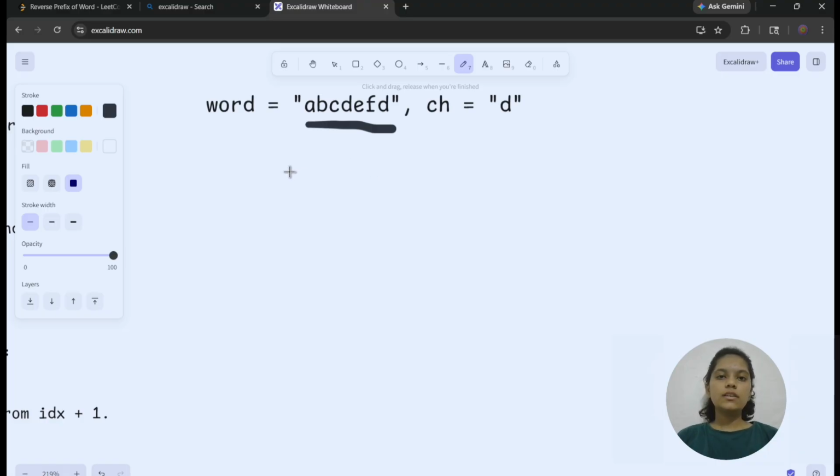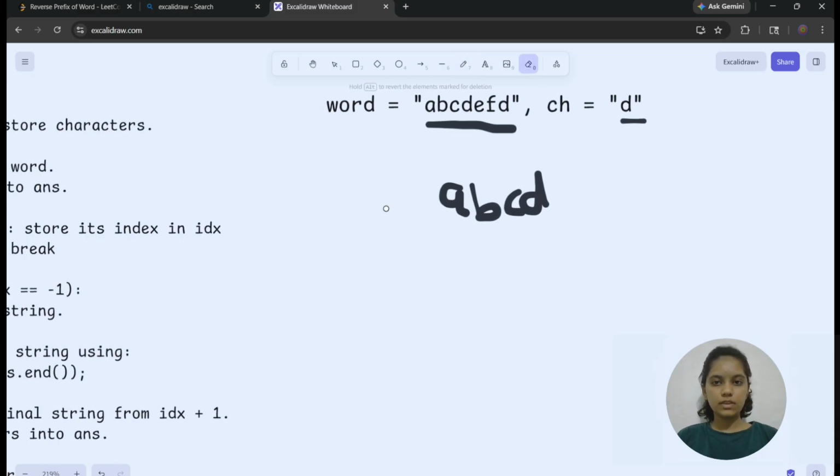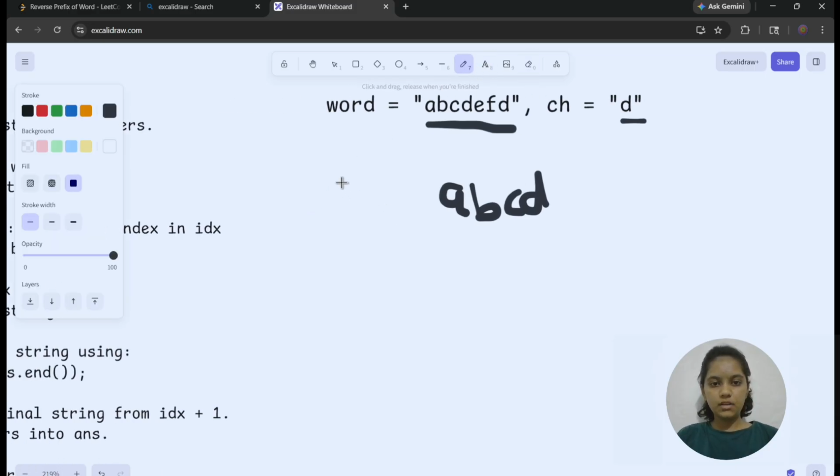So as I take the answer string, until I get the character D, it stores A, B, C, and D in the answer string. So it becomes the answer string.